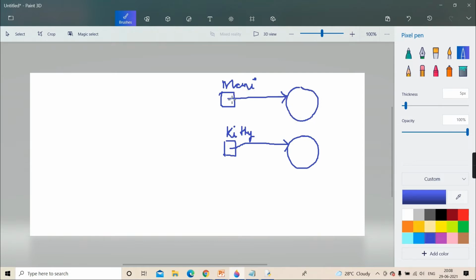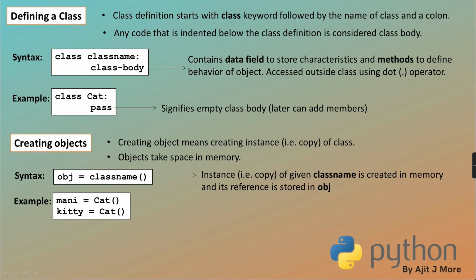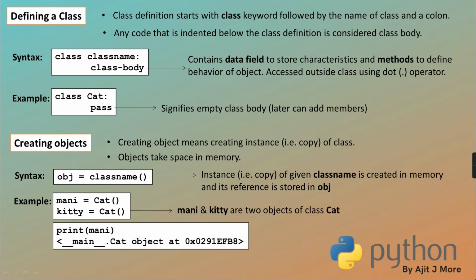Its reference is stored in the money variable. So actually money is a reference variable, but we'll call money an object. Okay, and again one more object created, its reference is stored in kitty. So money and kitty are going to act as two objects. Okay, so money and kitty are two objects of class Cat, right?